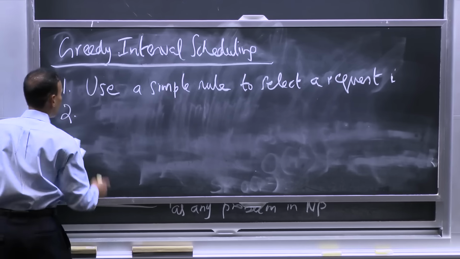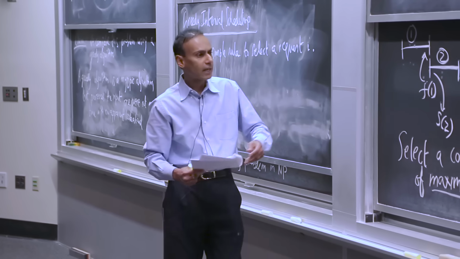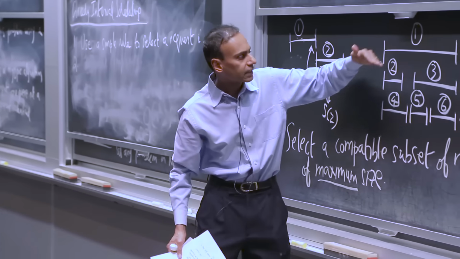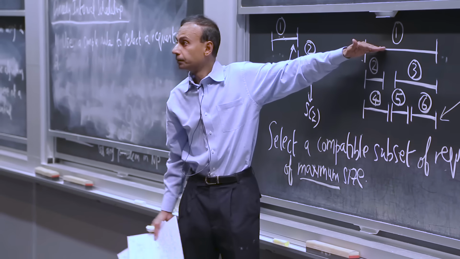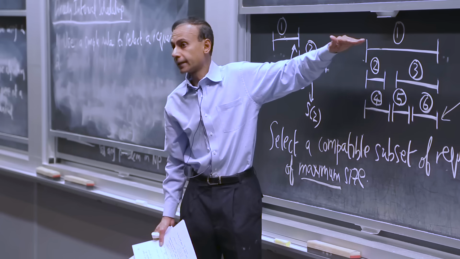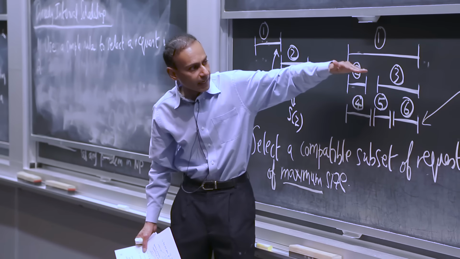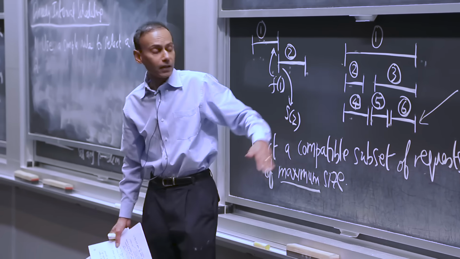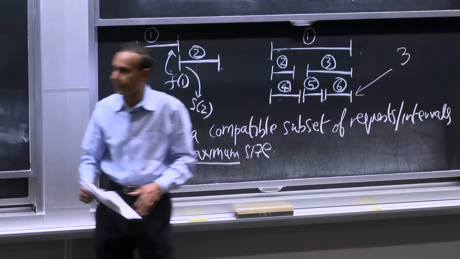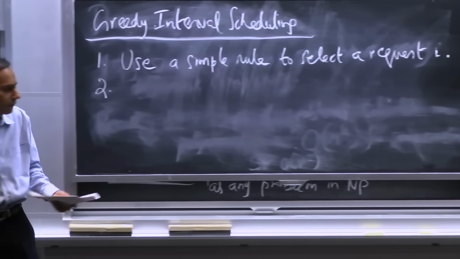And once you do that, if you've selected a particular request, let's say you've selected 1, what happens now? Once you've selected 1? Well, you're done. You can't select 2, you can't select 3, you can't select 4, you can't select 5, you can't select 6, right? So if you've selected 1 in this case, you're done, but we have to codify that